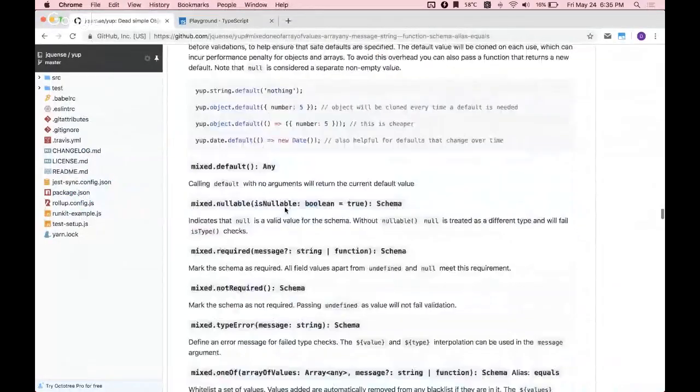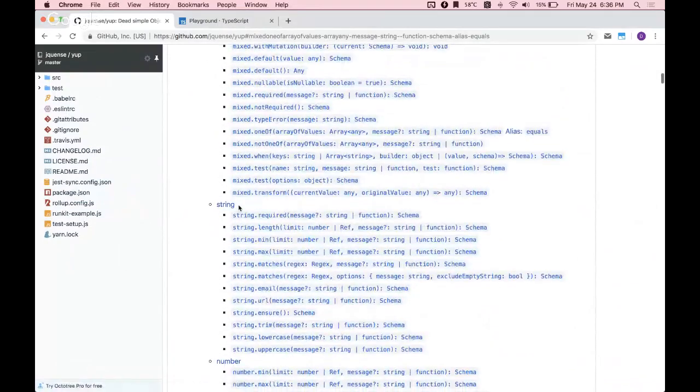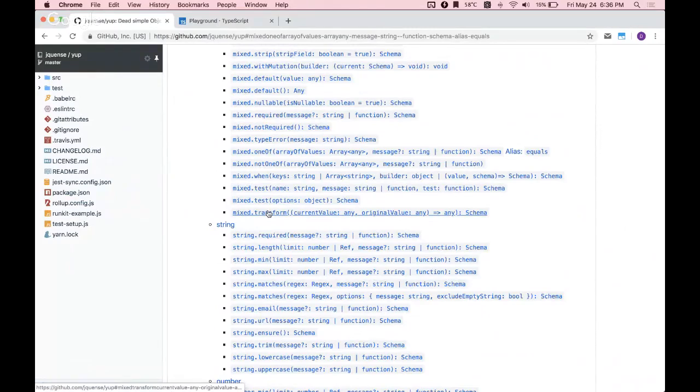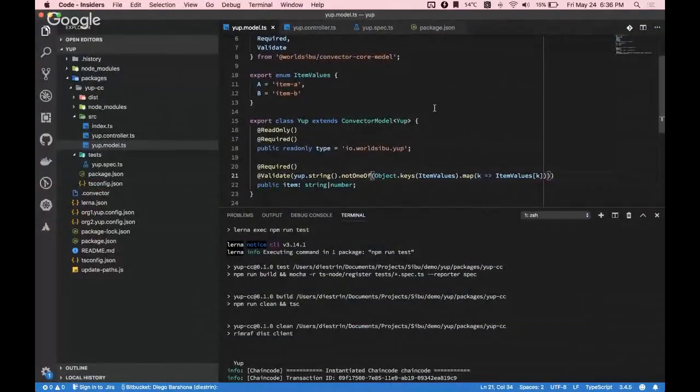So some other useful validations that you want to apply. Well, you can apply transforms actually. There are transform validations that apply after they have validated. Add some transformations to the transform chain. Okay, they run before the validation. So if you ever want to pass a value and transform that value before getting into the validation, you can do so. For example, if you want to